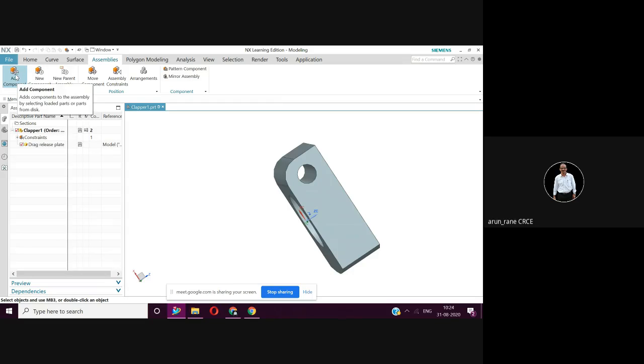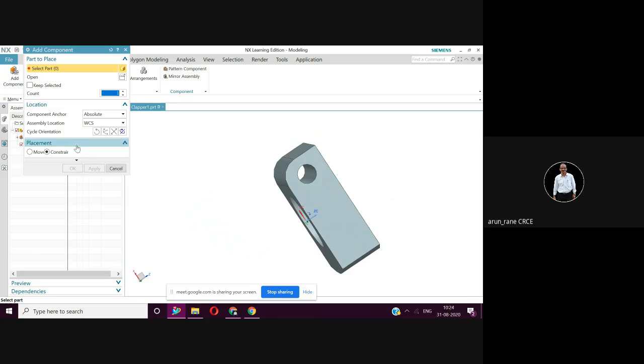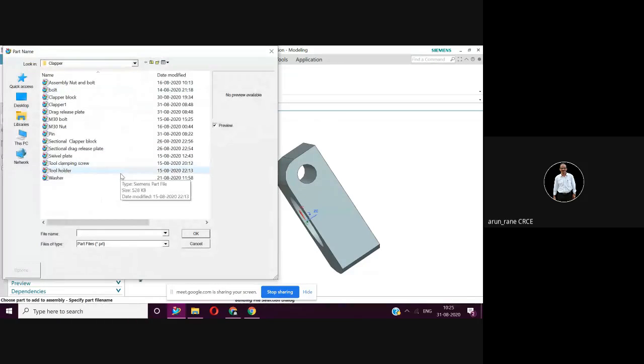Now we'll go for add component. Again select part. So go to the folder. Now we'll select tool holder.